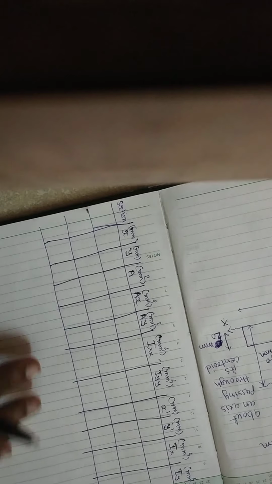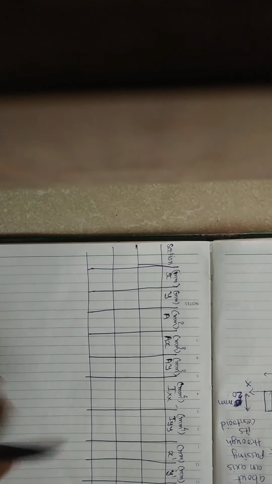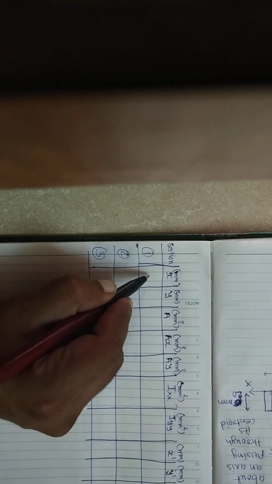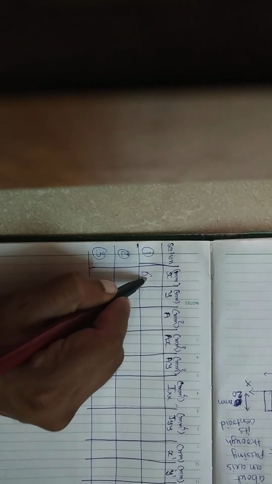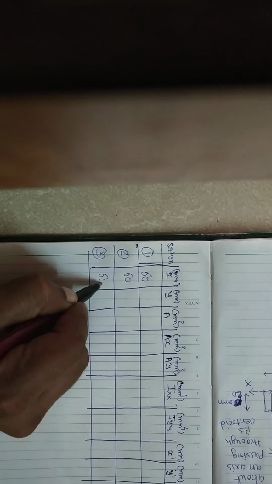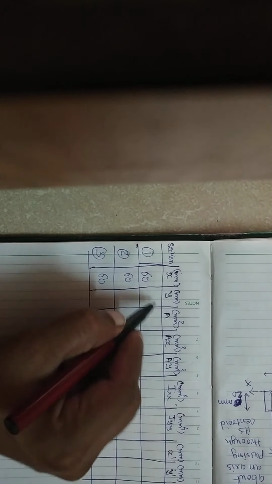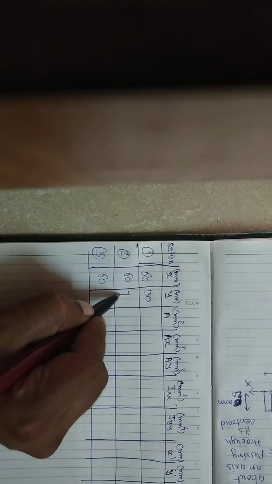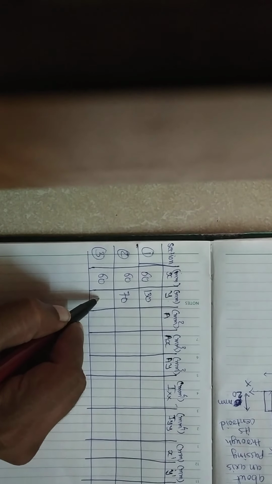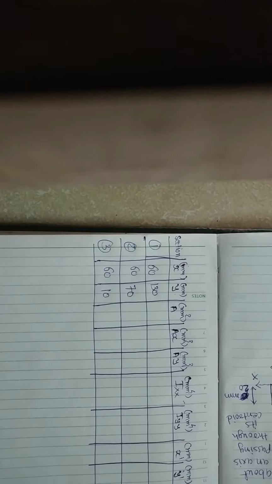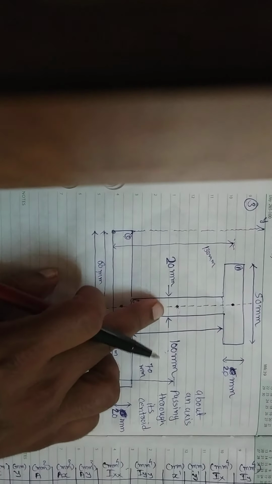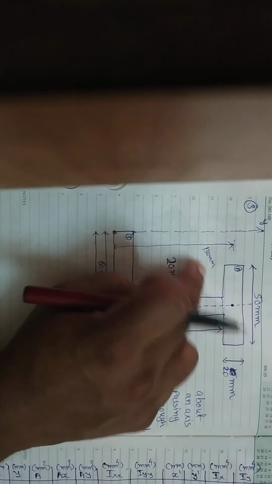So I am going to quickly mark this in a table. We have a tabular format: section 1, section 2, section 3. For all the sections, x bar, we already considered, is 60 mm. And the y for section 1 is 130 mm that we calculated. For section 2 it's 70 mm, and for section 3 it's 10 mm. As you know, section 3 is the lower one, so it's 10 mm. For section 2 we already calculated 70 mm, and for section 1 the offset is 130 mm.